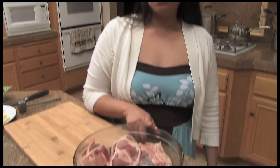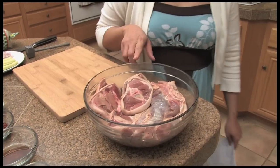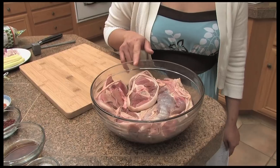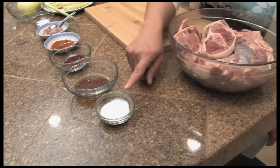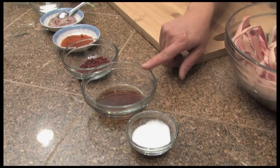The following ingredients you will need are beef shank, approximately 2.5 pounds. Also beef hock with the skin, which is about 2 pounds or so. Also you need table salt, 2 tablespoons, fish sauce, 3 tablespoons,